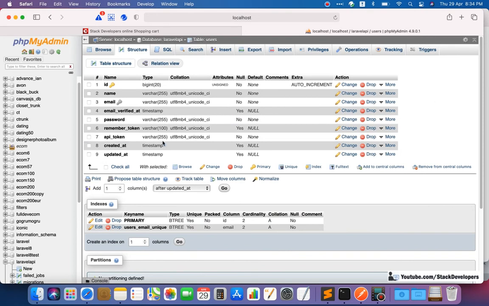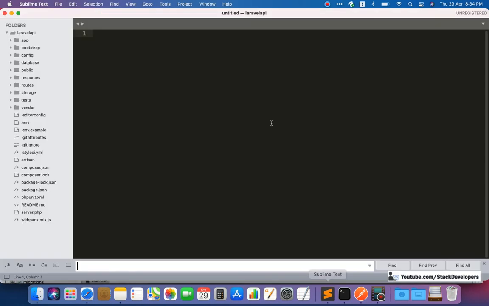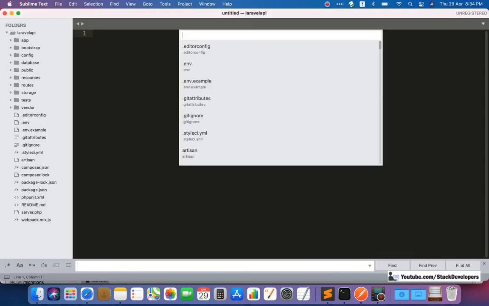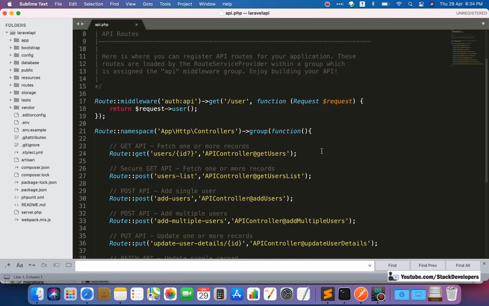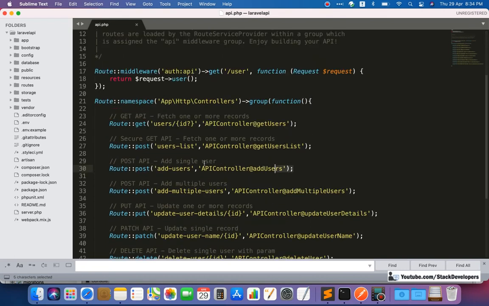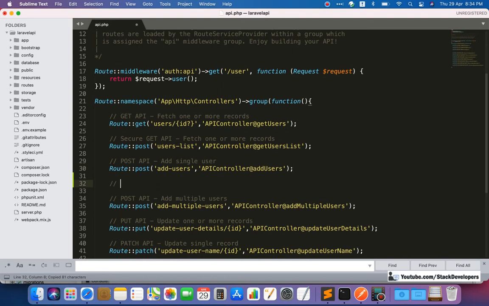Now we are going to work on the register API, like we earlier worked on the add user API. The register API is similar to that one. I could simply copy it, but no, I will create a new one. So here I am going to make one more POST API, and I will call it the register API.